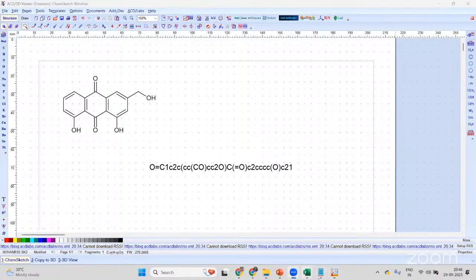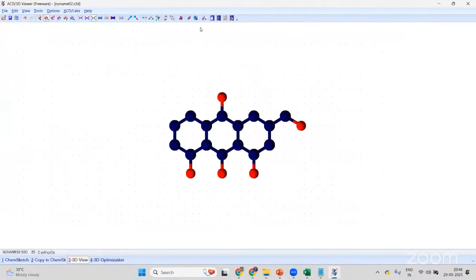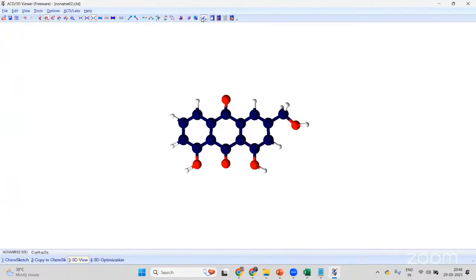Okay, no queries. Okay, I'll go with this. So once I'm done with this, I have to copy and keep it for my later reference. So I'm just converting this to 3D and showing you once again. Just click on copy to 3D. As I have already chosen the color, it shows default color. Just optimize